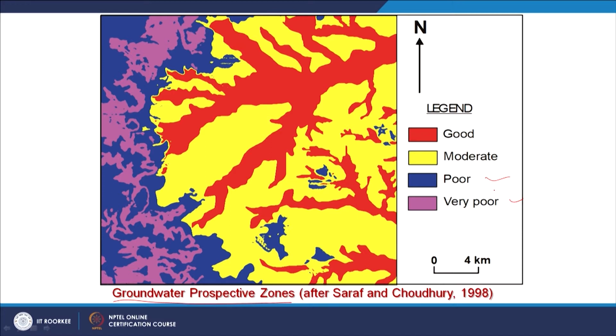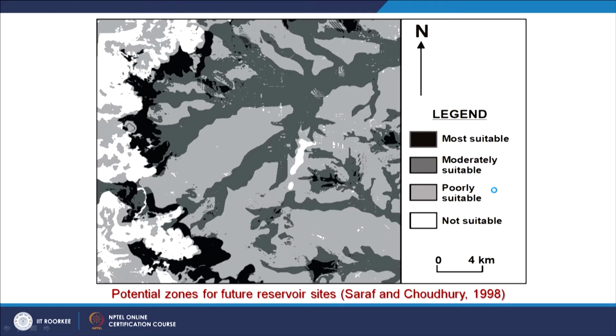There are high chances. Similarly, using slightly different techniques with different weightages, we can also develop maps for any area in the country showing potential zones for future reservoir sites, in order to recharge the groundwater regime. Again, the dam simulation will come in here directly. These are the areas, the black ones, which are the most suitable: not at the same level, but a little higher, and not too much higher, otherwise the water spread becomes small.